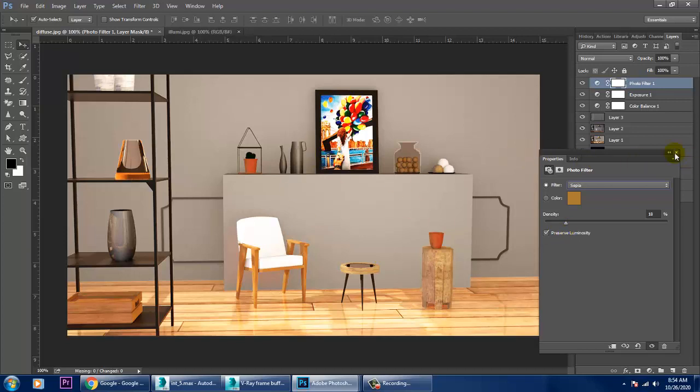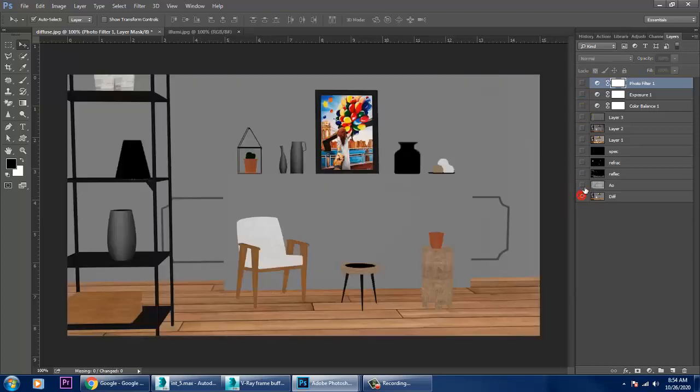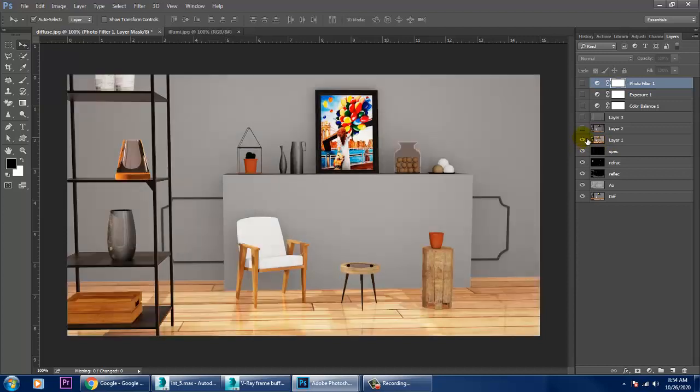So if you look at it, we have composited all these passes one by one: your diffuse, your ambient occlusion, your reflection, refraction, your specular, your lighting, GI, and Z depth. And these are some color correction properties which we have assigned over here. So in this way you can easily composite such passes whenever you want to composite them.